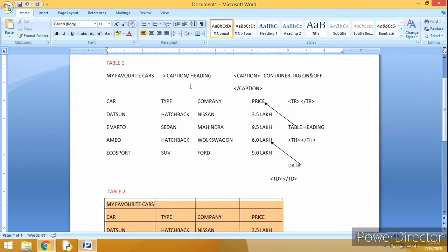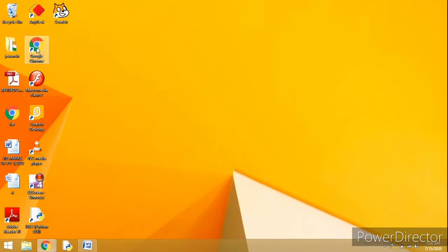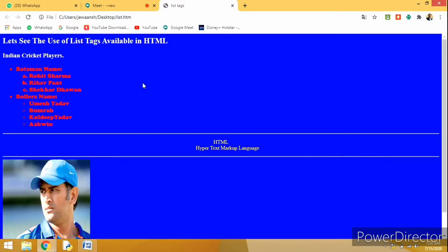Let me show you how you are able to generate the table in Notepad, and the same you can get in the web browser. So let's try to do this. I hope we all created this in the last class, isn't it?